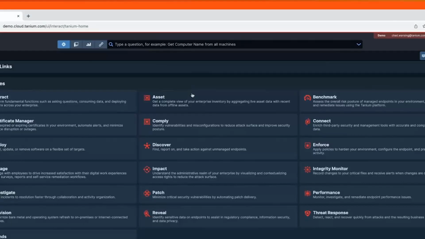Or vulnerability management, configuration compliance, right? The third leg of that stool of patching and software distribution, that good IT hygiene, where I can run scans daily, right?